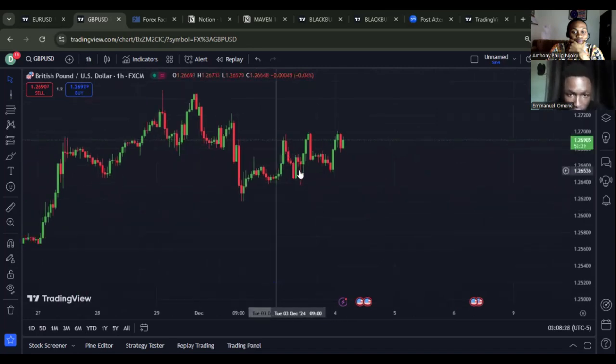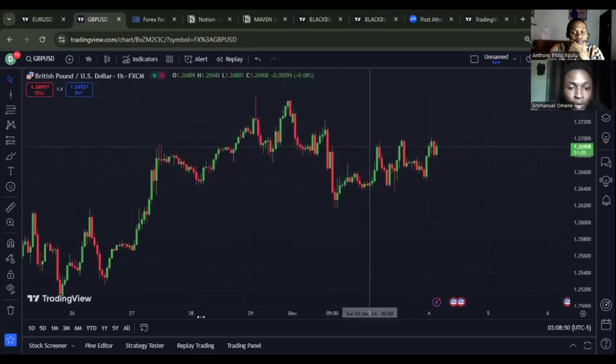But then, according to ICT, this is a fair value gap here. So the market is inside this fair value gap, and this fair value gap acts as resistance to the market. Another thing is, when the market is testing a fair value gap like this, it's very likely that it will be violated. But then when I look at market structure,